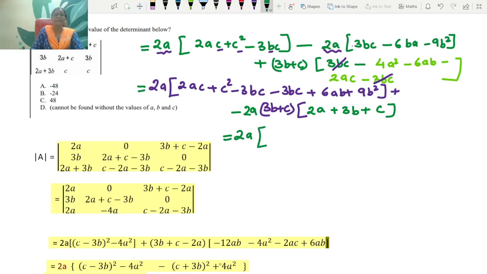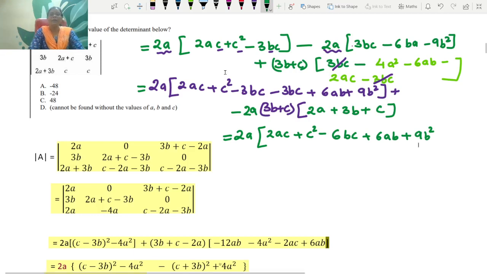तो आप 2a लिखिए, मैं further step, this is the next step, this is the first step, ऐसे कर एक एक step को आप आराम से लिखिए। This is 2ac plus c square minus 3bc और 3bc मिला के 6bc हो गया, plus 6ab plus 9a², ठीक है। अब उसके नीचे वाला term में -2a बाहर निकाला तो all terms will be, all quantities will be negative because ये minus बाहर निकाल दिया। अब मैं इसका substituent multiplication भी इसके नीचे ही लिख रही हूँ। तो सबसे पहला वाला term आएगा -6ab, तो 6ab के नीचे लिखेंगे हम, it is -6ab